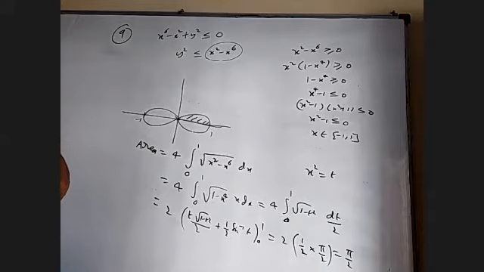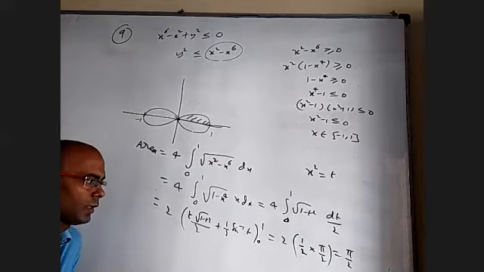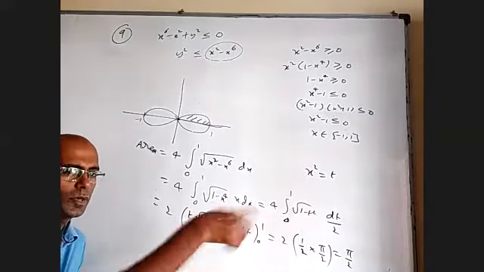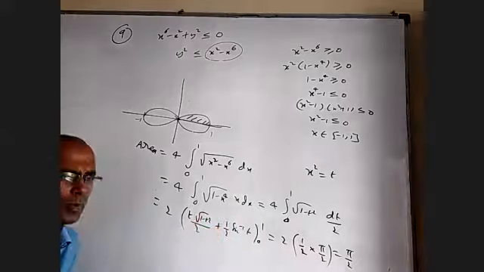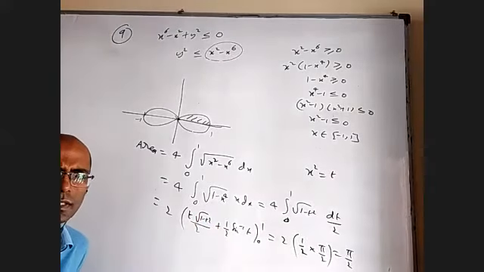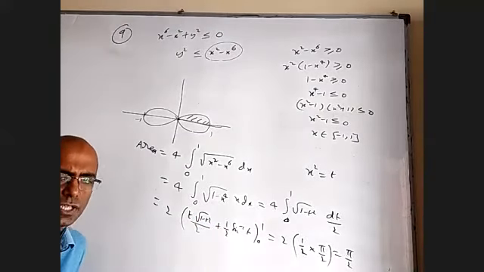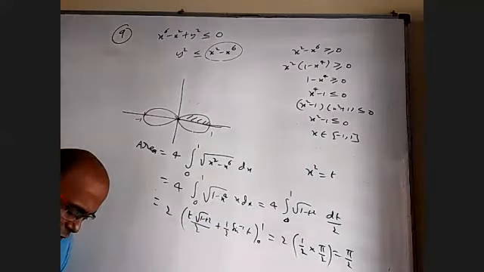Now what they want is the least integer which is greater than or equal to this. It is not the greatest integer. Greater than this, many integers are there, among them the least integer. So it is around 1.57. More than that, the integers are 2, 3, 4, 5. Among them, the least is 2. It is not the greatest integer function. Okay, so the answer is 2, right? Yeah.